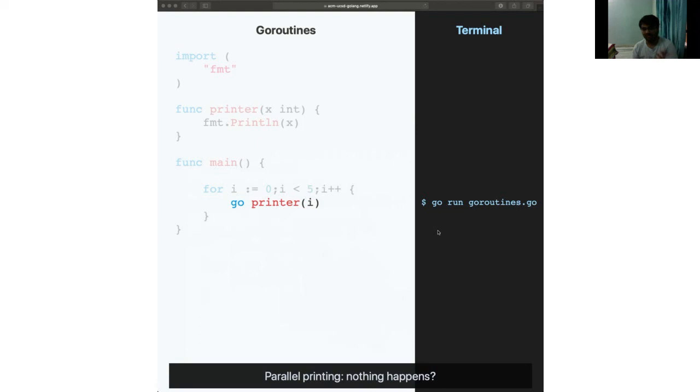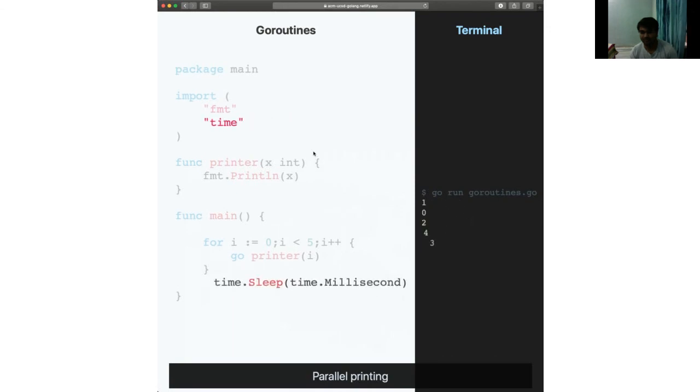If you write that, however, you'll notice that nothing will get printed. If you actually take this code and put it in Playground, you'll see that nothing gets printed. That's because main exits right after this for loop runs. And the way Go works, if main exits, the entire program exits. So those threads that you spawned that were supposed to print x don't actually do anything. So yeah, how do we prevent that? What can we do to deal with that?